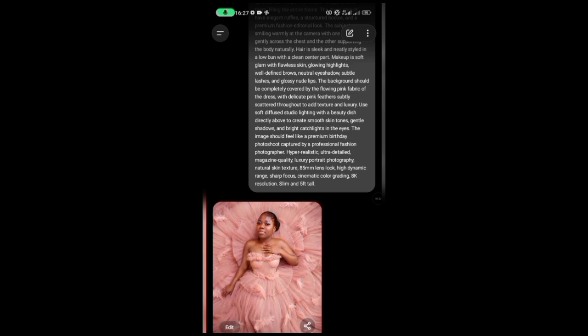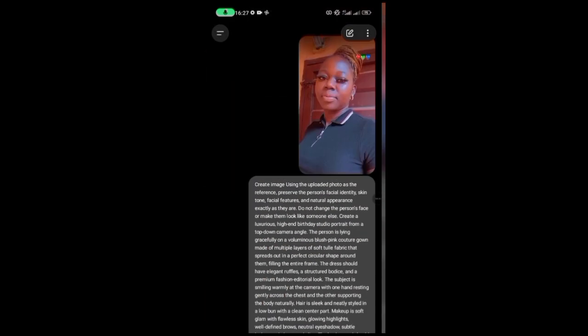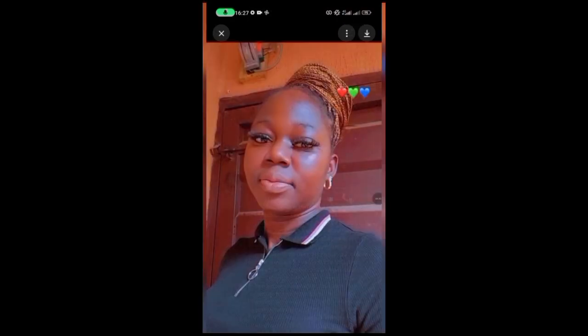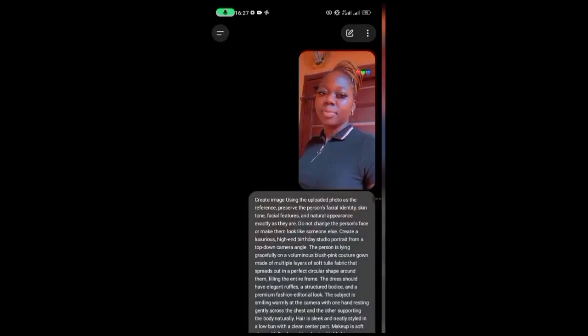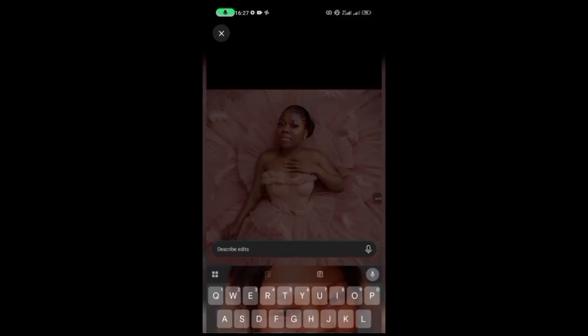Wow, this is it. This is what ChatGPT gave us, and this is the photo we used. You can see. But now if I want to edit, you can see edit. You can move around it. If I want to, I can tell ChatGPT